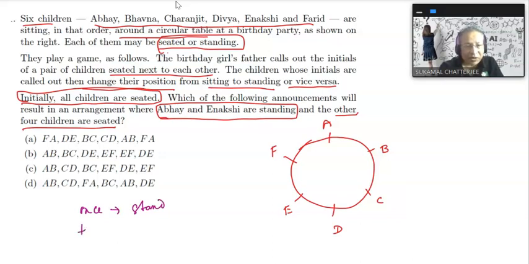If his name is called out twice, then he will again sit down. If his name is called out thrice, then he will stand again, and so on. So that means if the name is called odd number of times, then